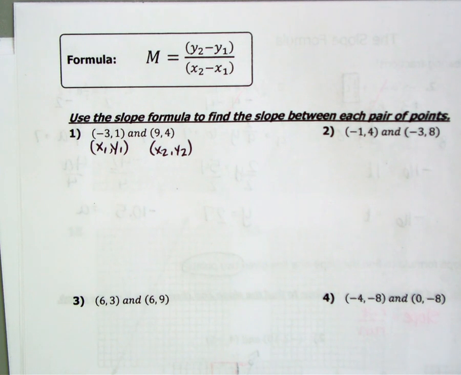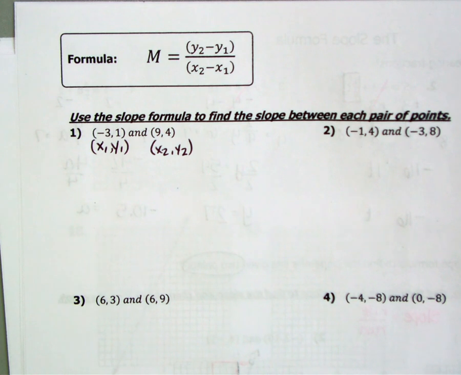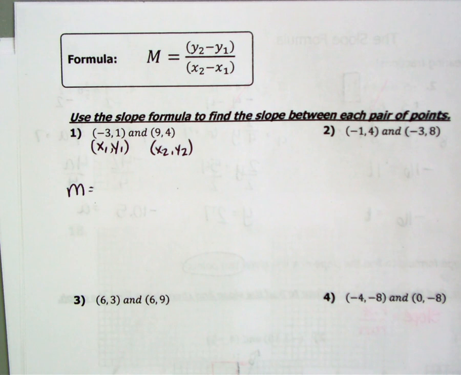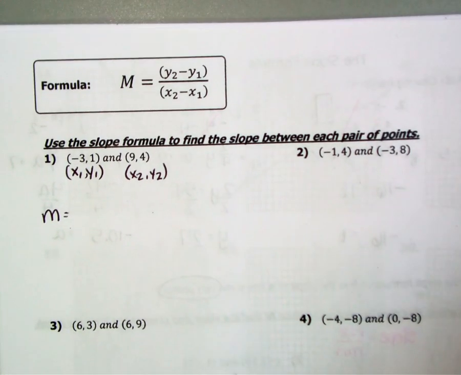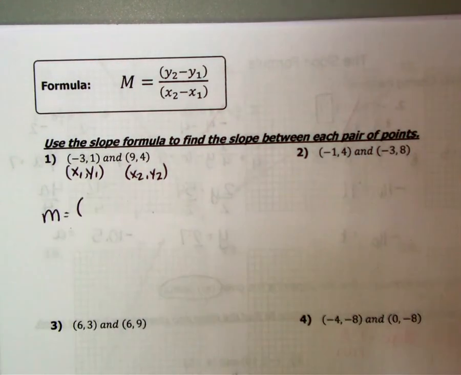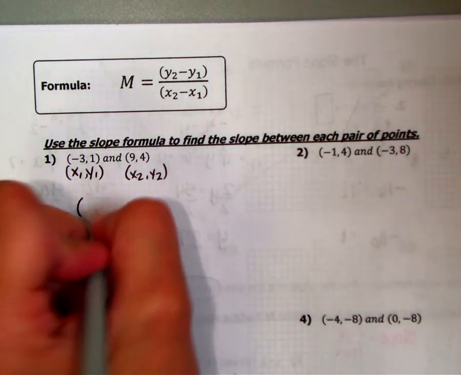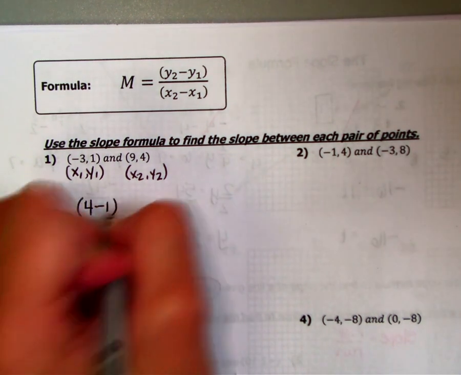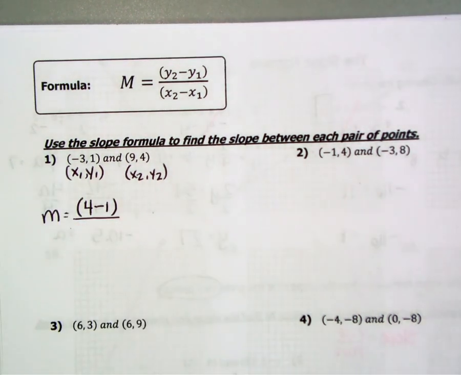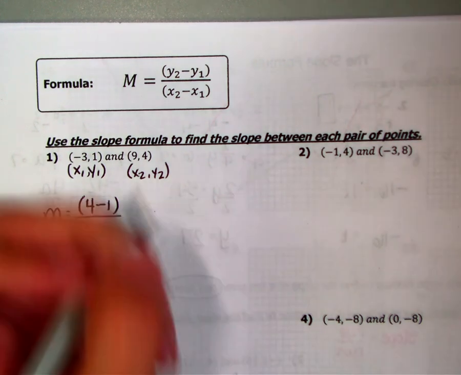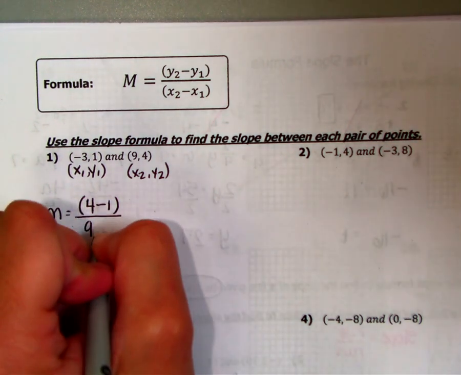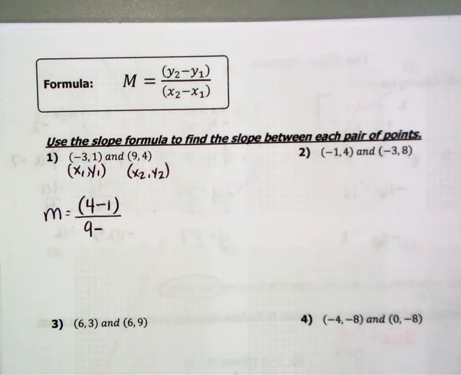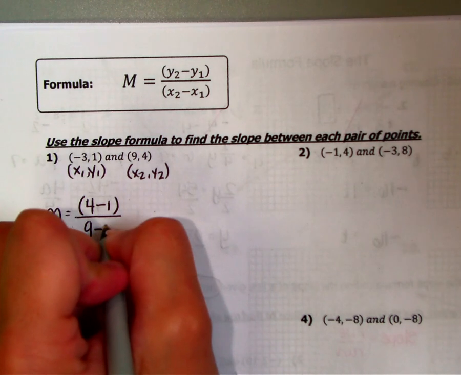And we are going to plug our numbers into the formula. So we're going to have our m equals, as we're finding slope. We'll use the parentheses. y2 goes first. What is y2? 4. What is y1? 1. So we're going to have 4 minus 1 on top. Draw a line. What is x2? 9. So in my formula, I've got minus. So on the bottom, I have 9 minus